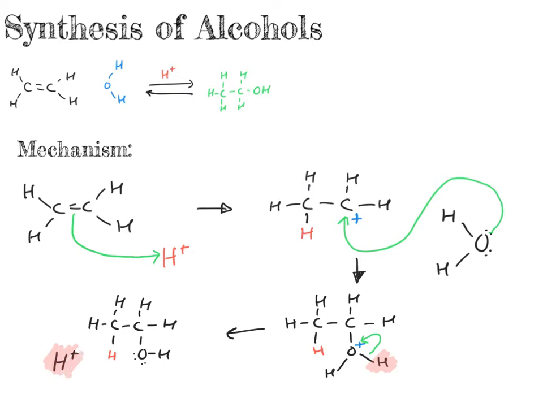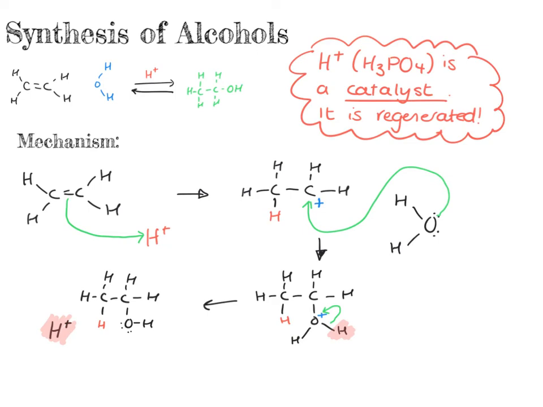And if you look at the start of the reaction to the end, we started with an H plus ion, the reaction's taken place, and we have regenerated the H plus ion at the end, which makes the hydrogen ion and the acid that it came from a catalyst for the reaction. So that's the full mechanism that you need to be aware of. And you may be asked,